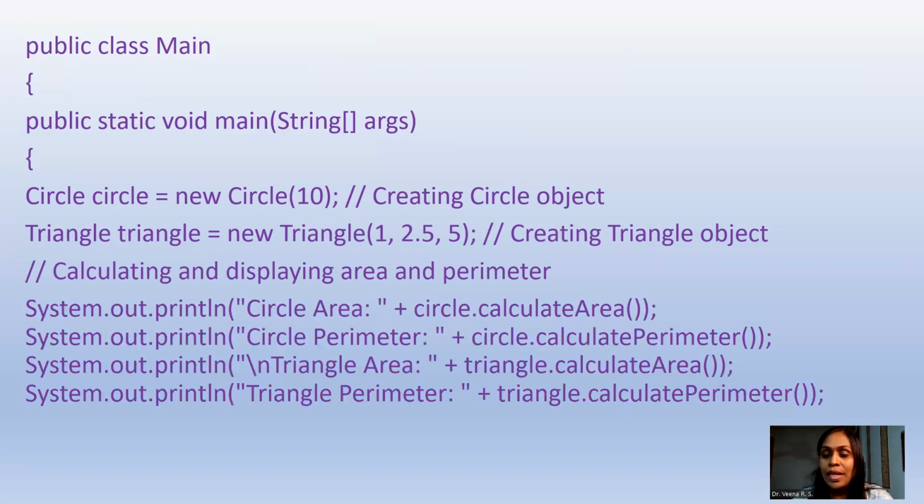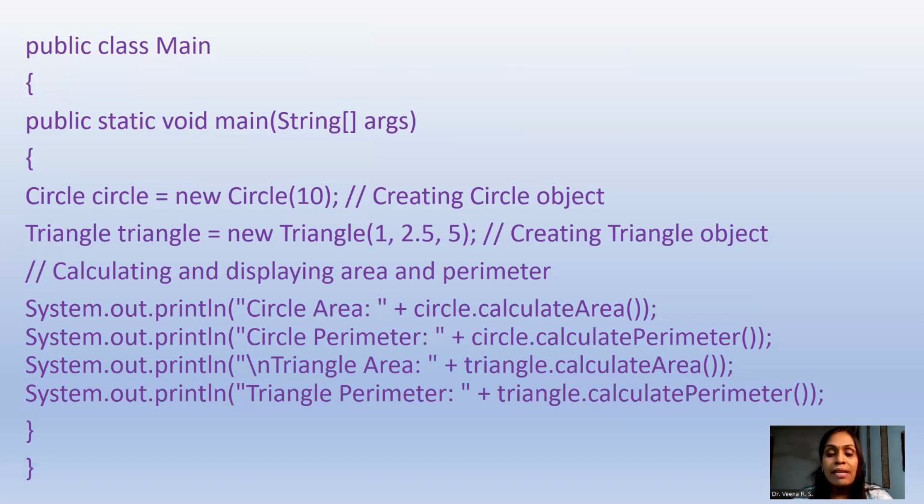So we can call the calculate area method and calculate perimeter method for both the objects, circle and triangle, and those values can be displayed onto the screen. We have just written here System.out.print circle area. This is nothing but circle.calculateArea, so it is going to execute the calculate area method of the circle class, and it will find out the area of a circle, and it will return back, and that value will be printed